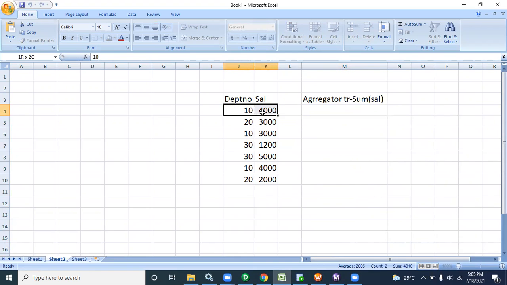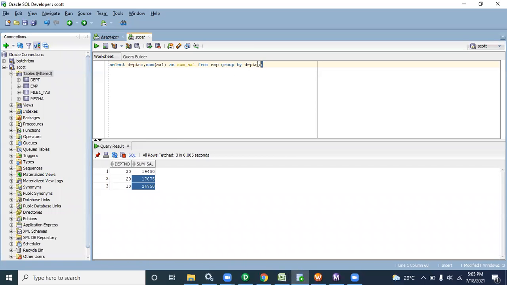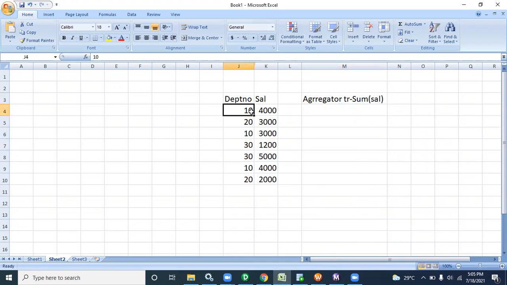It will check whether it is 10 or 20, because it is the same group or another group. We are putting group by as department, right? So first it checks the department: okay, 10. That means it is one group record, and in memory it is kept as one group record separately. Next is 20, again another group. Next, again 10, so it will come under the first group in memory. It will work like this.